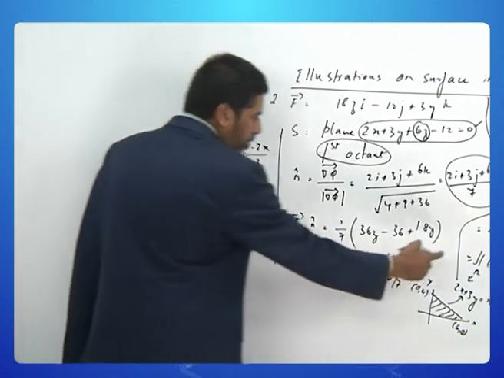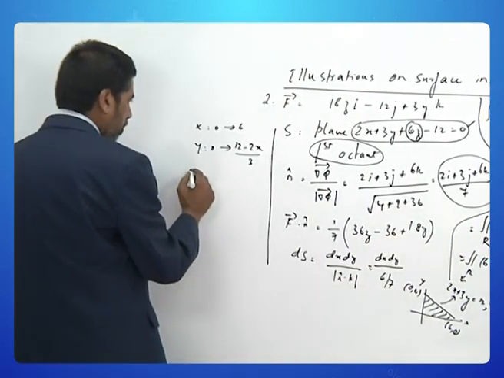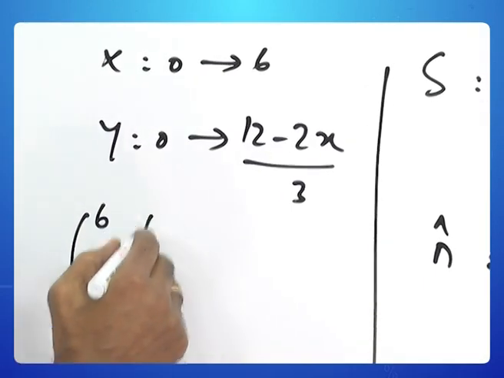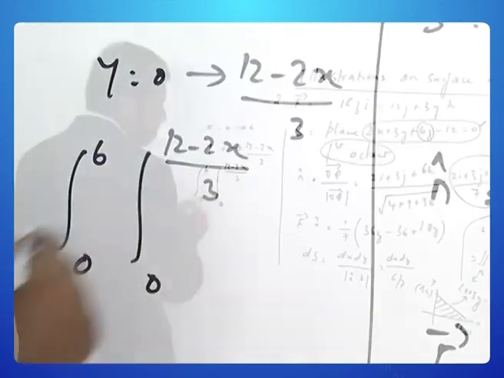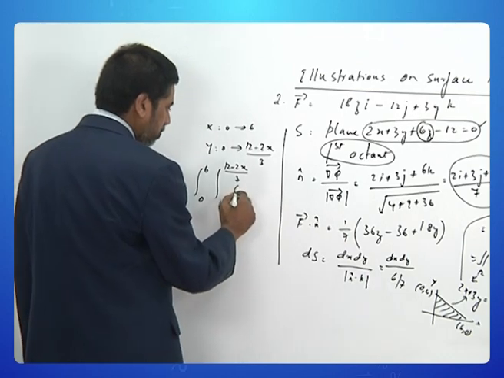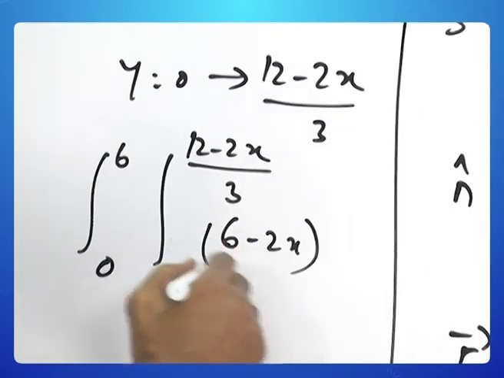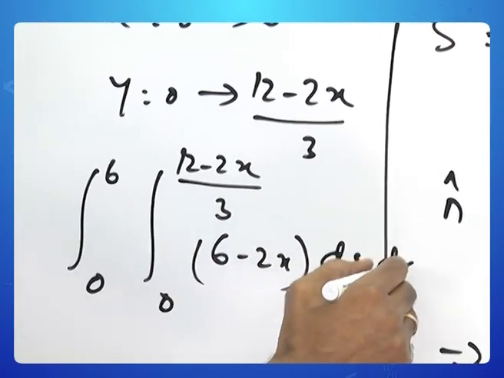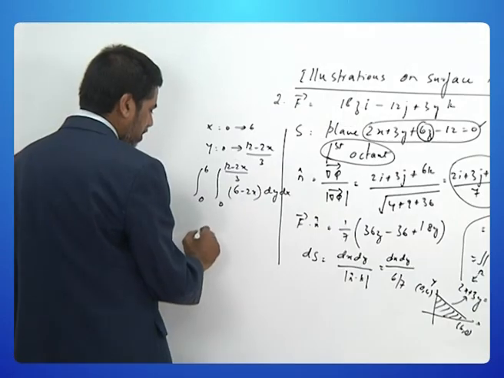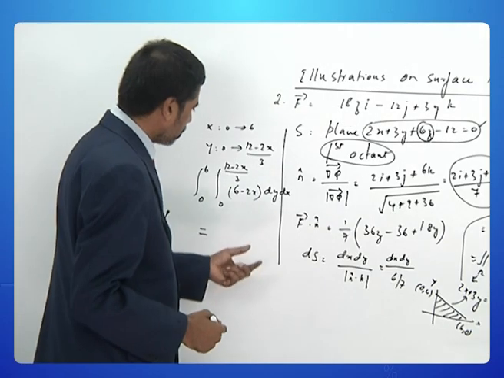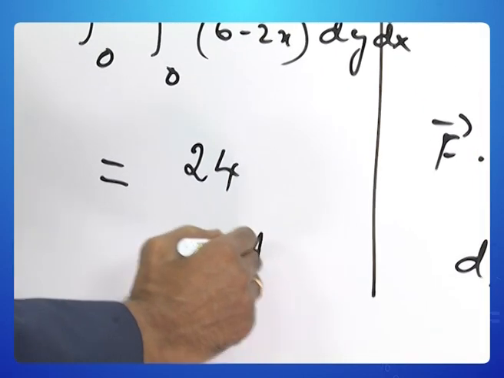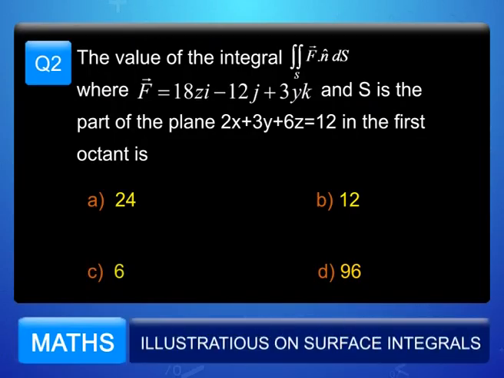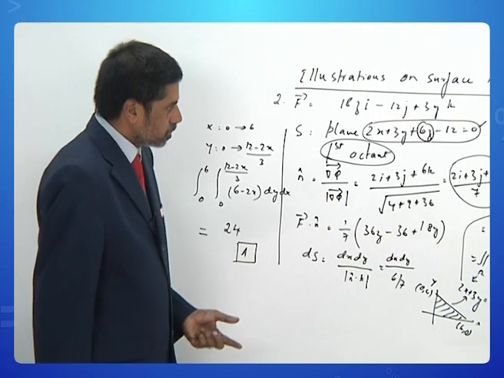So this integral will appear as 0 to 6, 0 to (12 minus 2x) by 3. And what is the function? 6 minus 2x. The order of integration is dy dx. I will leave this evaluation to the student because everything is now ready. Please confirm 24 is the answer with option A appearing in the sheet. So this is a